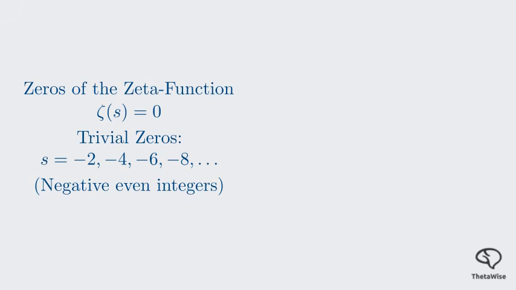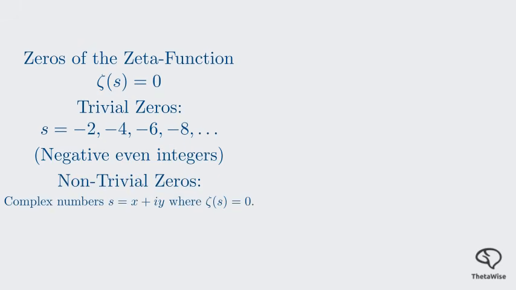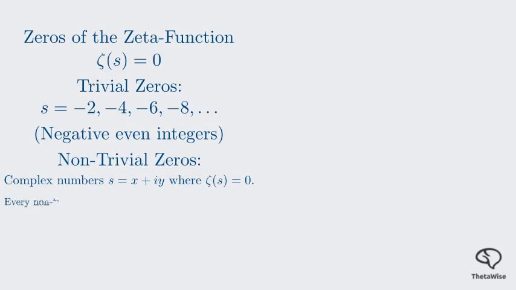The other kind of zeros are the ones that fascinate mathematicians. These are the non-trivial zeros. Nobody has a simple formula to find them. Finding them requires extensive computation. It turns out that every single non-trivial zero found so far has a very specific structure. They all have a real part of 1/2. In other words, their complex number form is 1/2 plus some imaginary part,